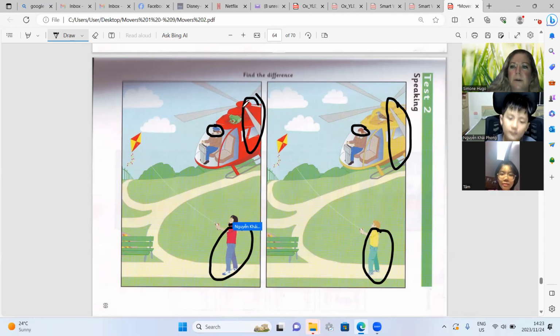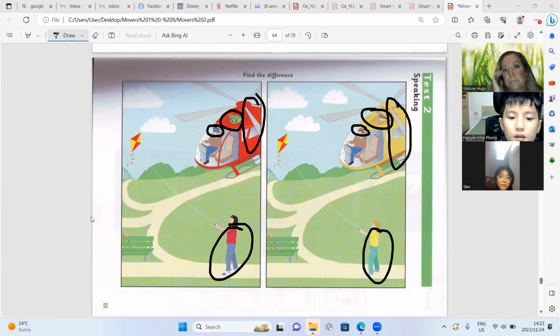And the last one, Khai Phong. In the first picture, there is a frog on the helicopter.